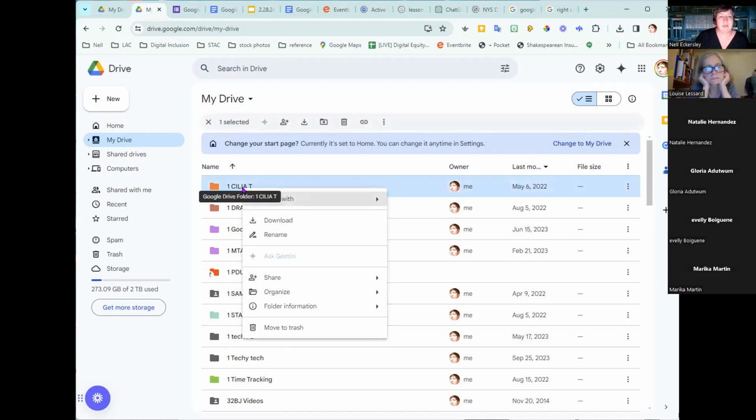And you can always rename a folder. It's different than in Microsoft, where you just double click or slowly double click to change the name of a folder. You have to go here to rename it. But you can rename it. You can take that one off. So say this project is really big right now, Celia T, I'm doing it right now, but later on I don't need to see it so much. Then I could come in and take that one off and it would move down alphabetically back into the filing cabinet of all my folders.